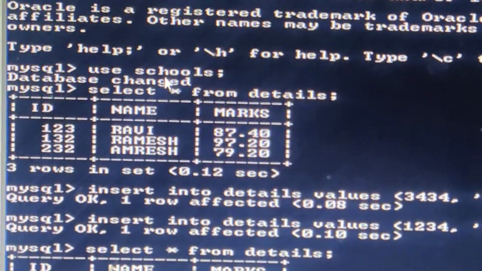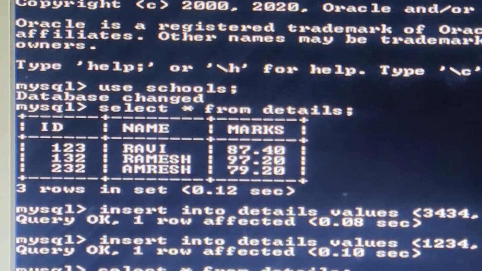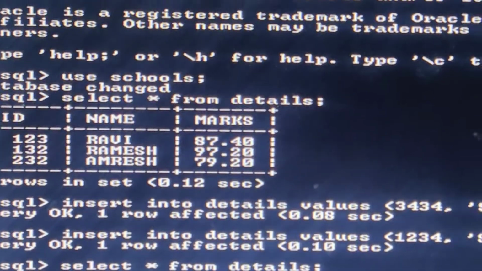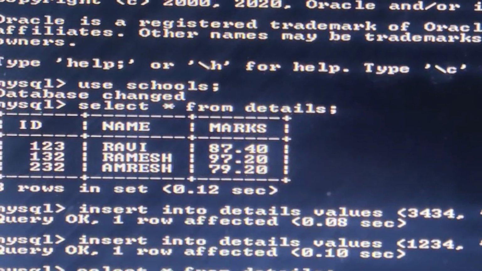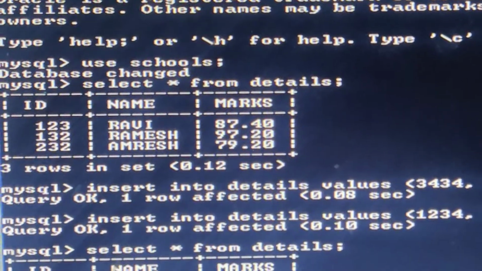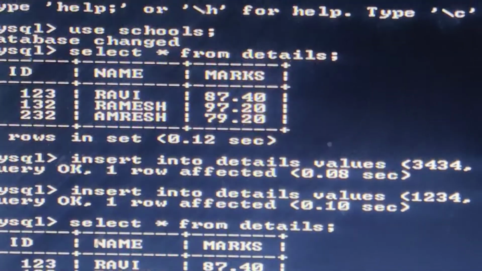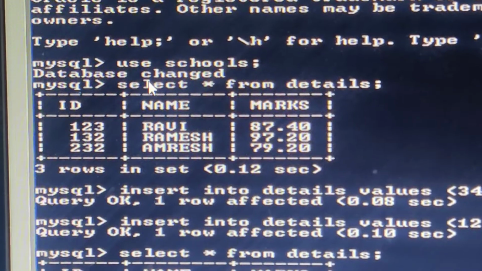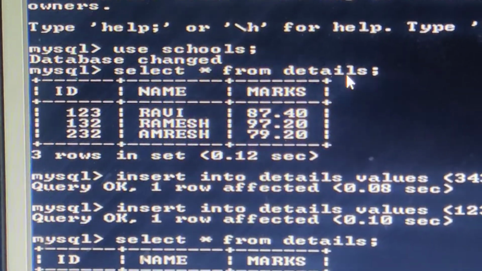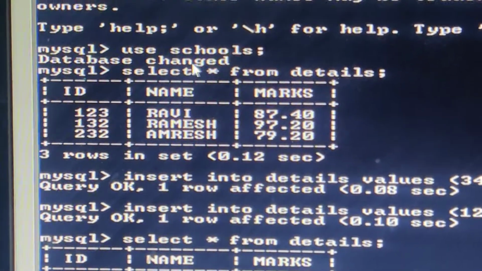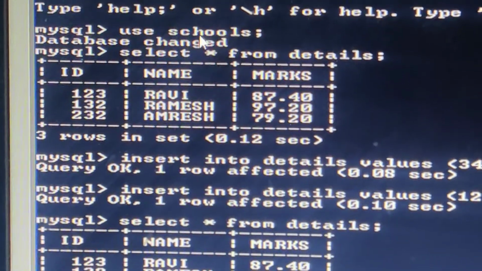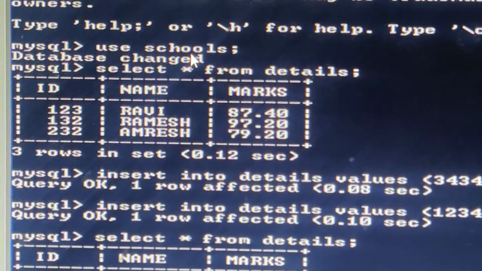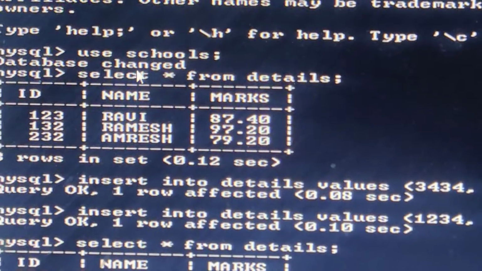Every time you are using a table from that database, you have to first activate or open the database. So I have written use school, and it has come: database changed.